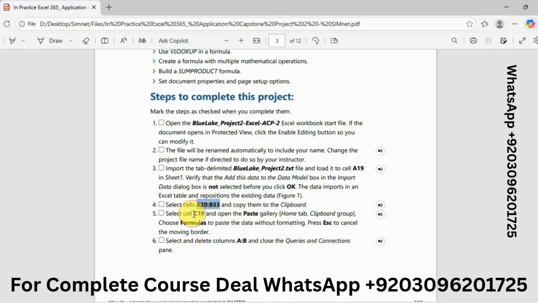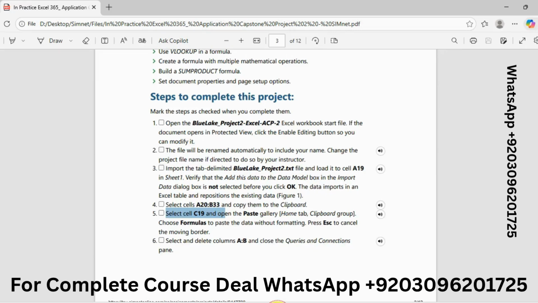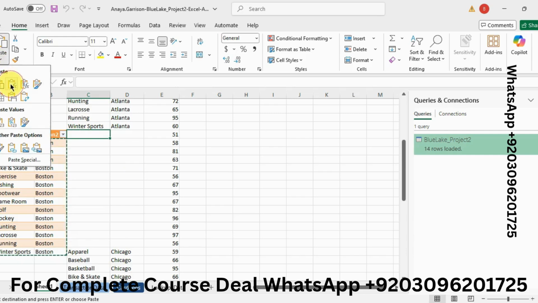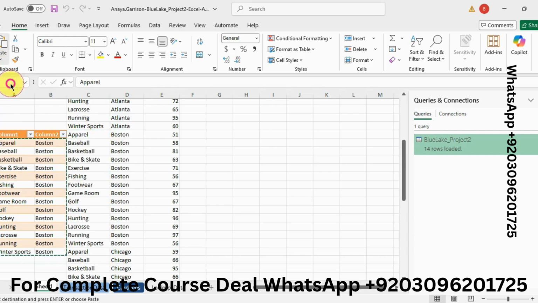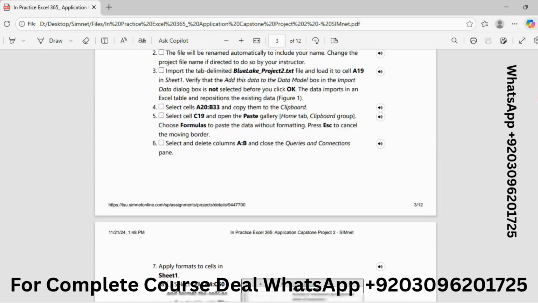Step number 5 is select cell C19. This is cell C19, and now in the paste gallery in the Home tab clipboard group, use formulas to paste data and press Escape. So click on Paste, then click on the Formulas option and press Escape to deselect the values as well. I have completed 5 steps successfully, you can see.